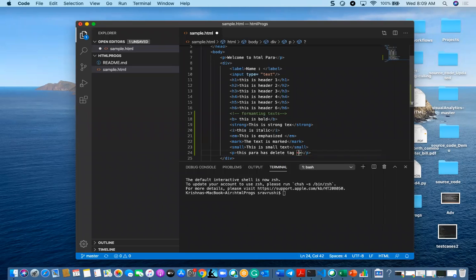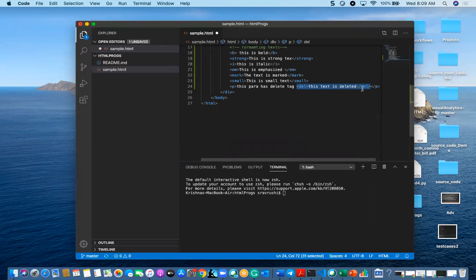So I am giving here some del, and this element, this text is deleted. So with this, you can find this text will be deleted while it is rendering in the front end.